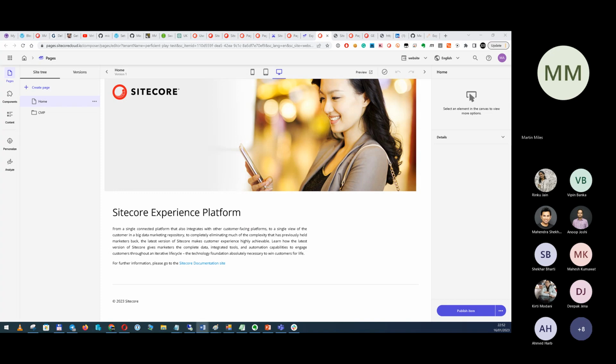So what do you do for development? What are your development options with XM Cloud? First and the most important is that you have XM Cloud containers for your local development. But unfortunately, with your local development, you will not have pages, you will not have components, you will not have Explorer. You will only have your content editor and experience editor in the old way of doing things as you had it before. You will need a license in order to run the container, but once you run it,